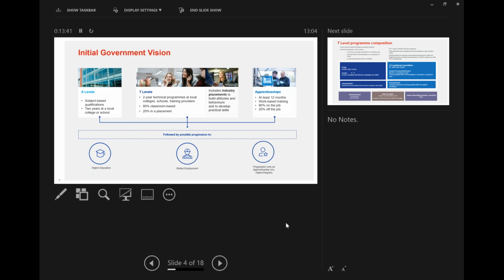And that industry placement is there to help build attitudes, behaviours and skills to make the learner ready for professional life. And alongside the A-levels and apprenticeships, learners can progress from the T-levels into skilled employment, higher education or higher apprenticeships.